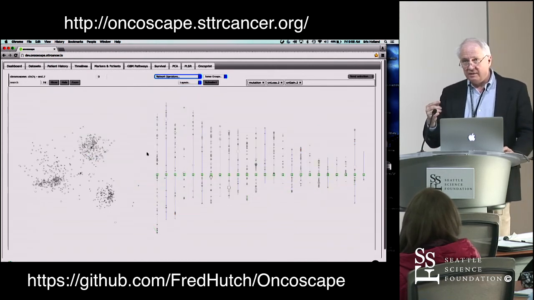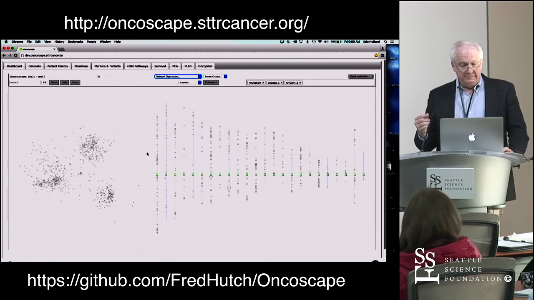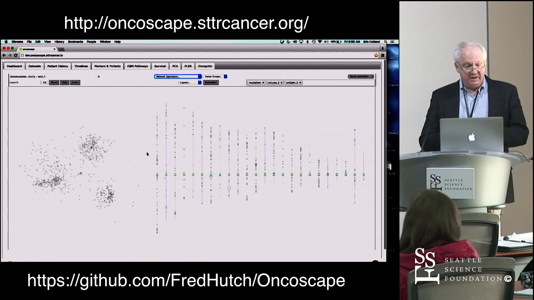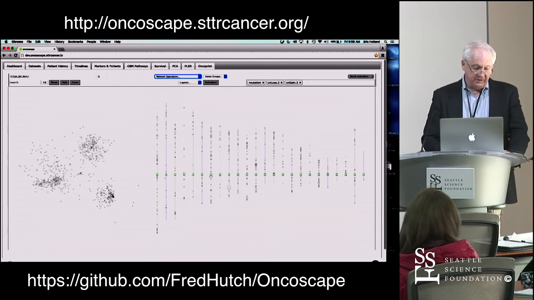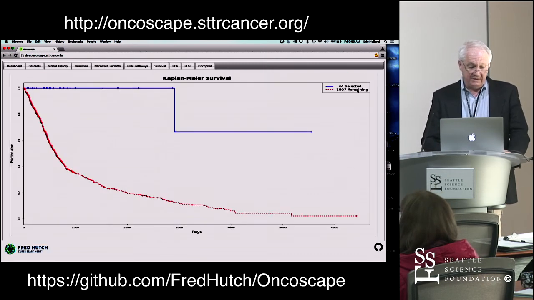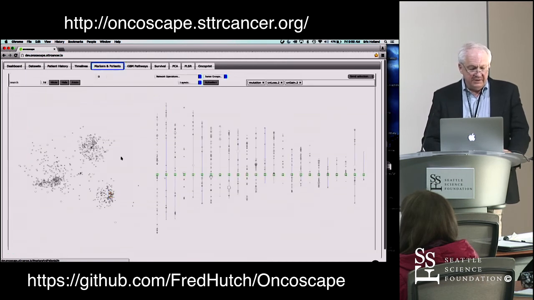But if we go back to the idea that I showed you earlier, which is your patient comes into clinic, and you say, I want to know how this patient's likely to do. You could say this, your patient shows up here in this little cloud here. You say, all right, I want to know how those patients with similar tumors to mine did. You can obviously send that to survival, and it turns out they do pretty well, because this is the oligo cloud. In fact, in this data set, they haven't died yet,